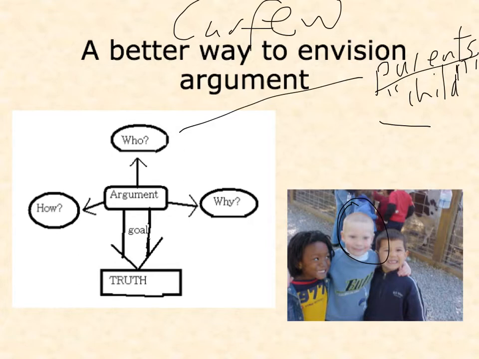Insulting the person who has the power to give or not give is not always a very good persuasive idea, right? And yet we do this all the time in argument. A lot of times when people write, and I'm not just saying students, I see it every day, people write about things they have very strong feelings about. They don't look at the who, they don't look at the why, they don't look at anything else but what they feel. And because they can only rely on their feelings to explain what they're trying to do, they don't always do what's effective.